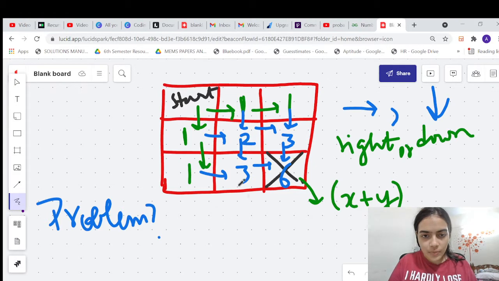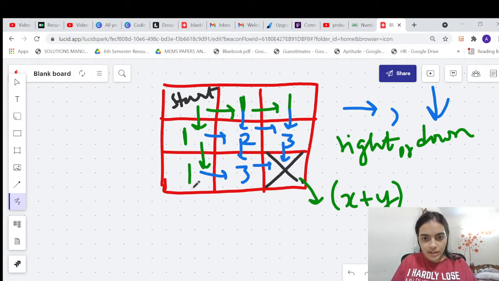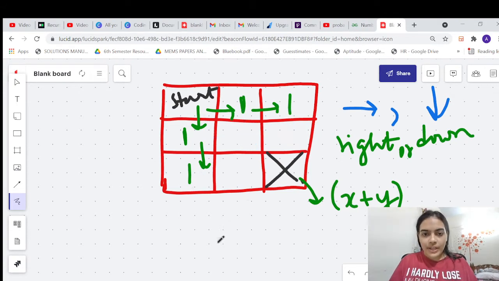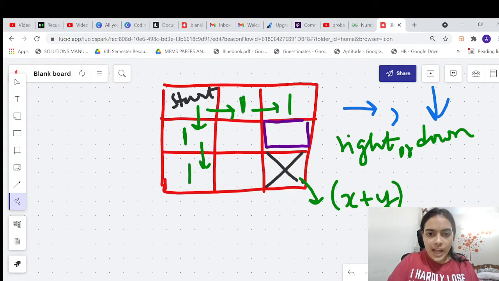Okay, let's see what the problem is. So okay, let's try to understand it this way. You are going to make recursive calls to the same cell again and again. Okay, let's see what I mean by that. So I'm going to go back and show you the problem with this particular approach. Okay, so till here it is fine. Now let's say this cell wants to know the answer. It doesn't know the answer. So what it's doing, it is asking its top cell and left cell to return the answer.